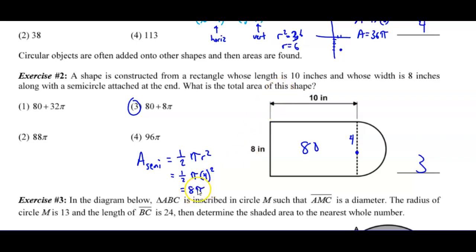Approximate answers, you just put that in your calculator, you type it up, you get a result. An exact answer would need to be left in terms of pi. So since that has a pi and the 80 does not, you don't combine them, you just leave it alone